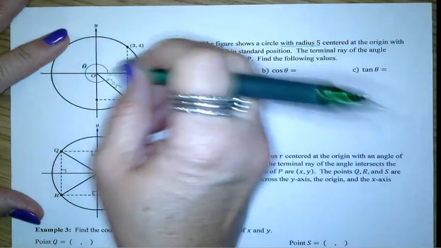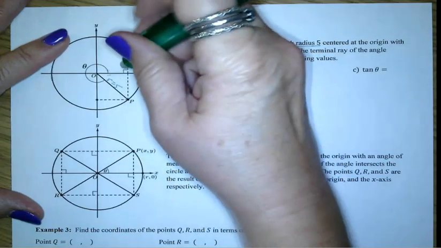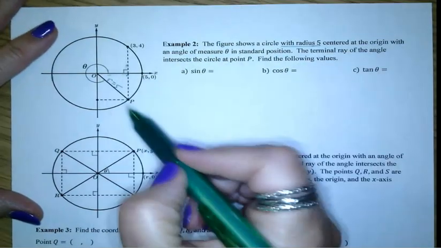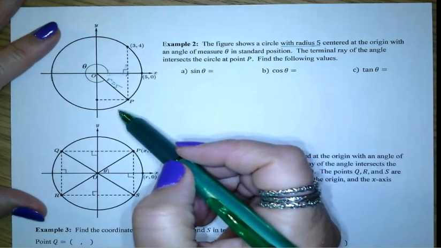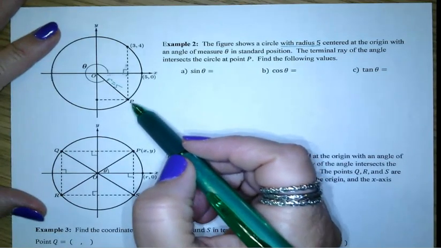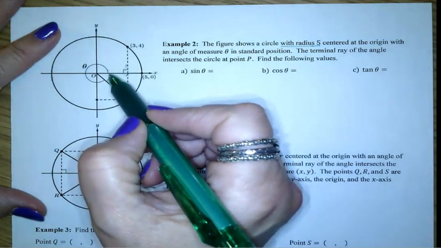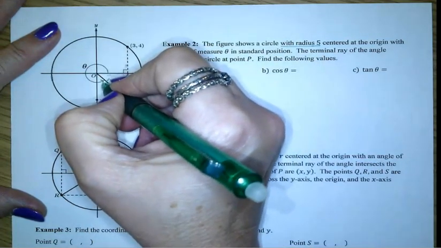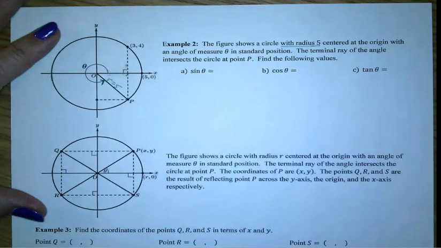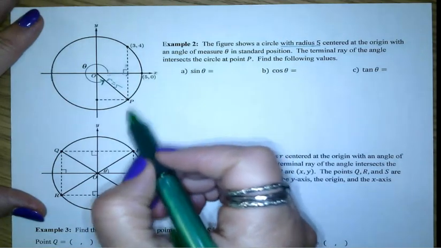Let's get that off there. We need that. All right. So that's our radius right here. And it tells us that this angle is intersecting the circle at point P. So we're talking about the angle that starts here and goes all the way around to here in the positive direction. Okay? So now we know that we have this point P, but we don't have any coordinates for the